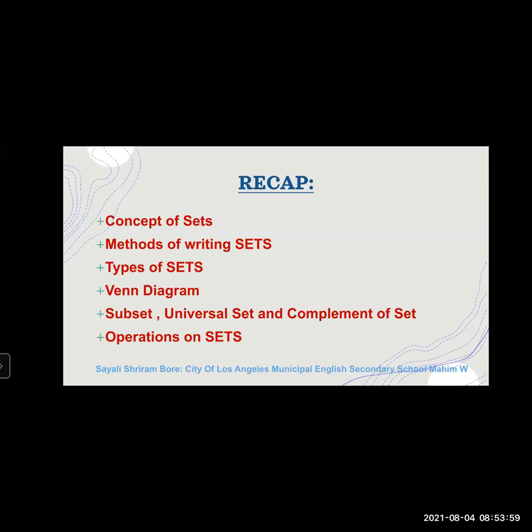And in the previous two lectures, we have completed the operations on sets. And in this operation on sets, three operations we have done. That is intersection of two sets, disjoint sets, and the union of two sets. So far we have completed all these different topics. And I hope that now you have no doubt in sets. So whenever the question comes, I hope that you will easily solve the sums based on the first chapter.